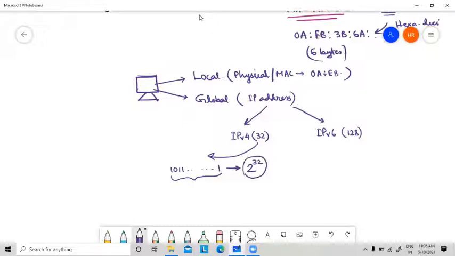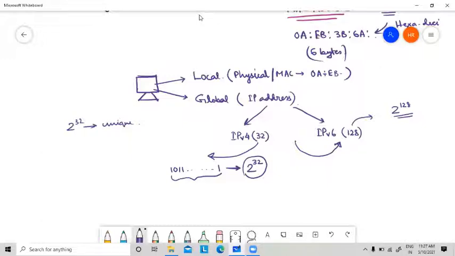So that's why we are slowly transferring to IP version 6, which has 128 bits. Using 32 bits, you can give only 2 to the power 32 different devices a unique address. Using 128 bits, you will be able to give 2 to the power 128 different devices a unique address.